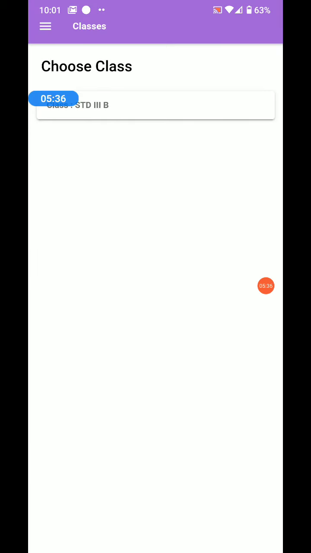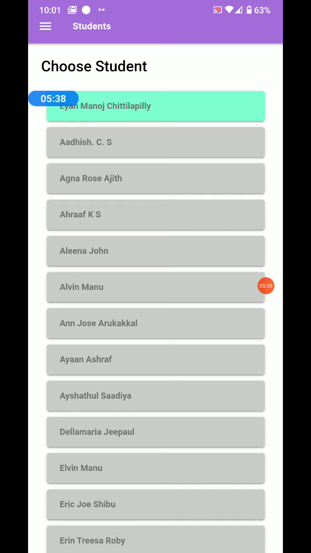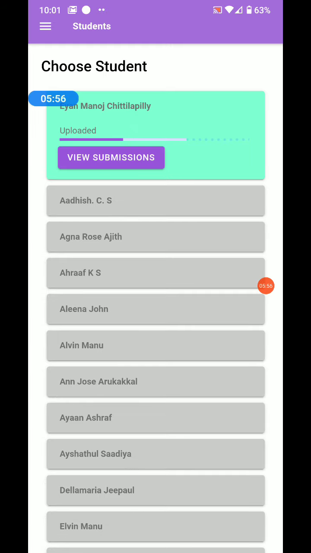Click on the particular class. You can see a green color here, that means the particular student has submitted his assignment. All other students' names are not in green, that means they haven't submitted the assignment. So click on Ian Manoj Chitlapalli.